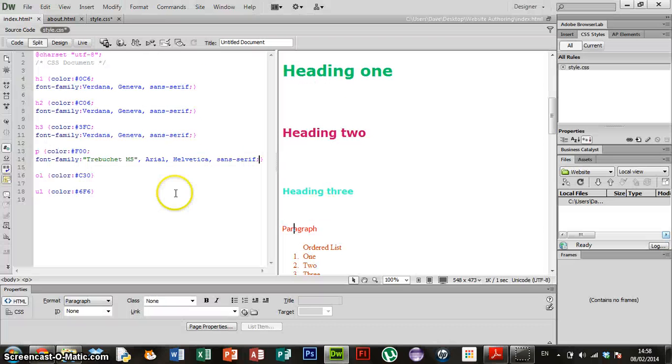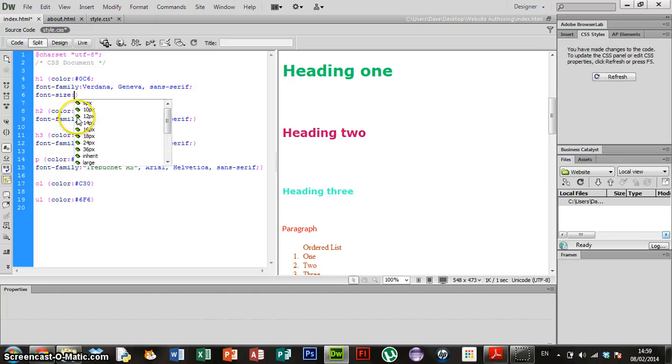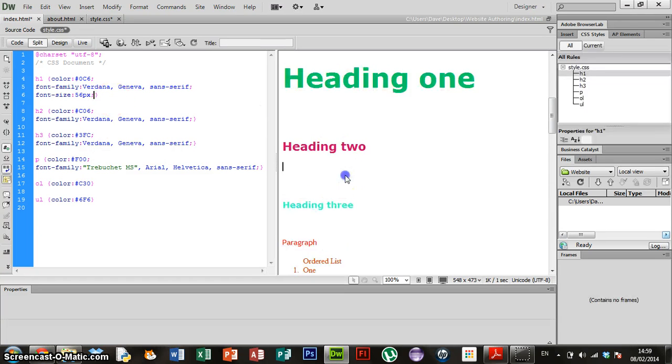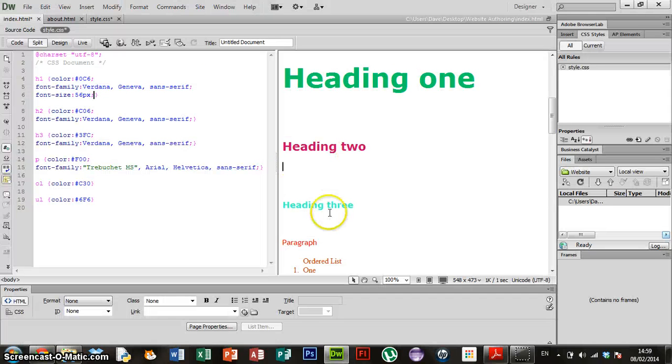So basically we're using CSS to change the font family. We can do the same with the size, so let's make this heading 1 even bigger. If I go to my heading 1, and if I type in font size, let's make it 56 px, should be really big. There we go. I can do the color, which I've done already. I can do the alignment, I can do bold, and I can do italic. So let's just do the same with heading 3. So I'll go to heading 3 this time,